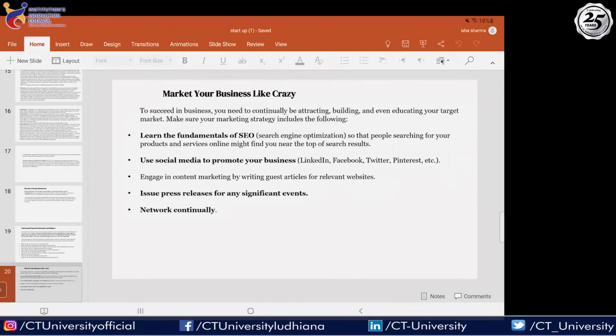So you must have seen lots of ads coming in for Urban Clap. That is kind of a methodology that they're following for social media business plans, where they are implementing people's experience space to promote their business. So you can use social media, LinkedIn, Facebook, Twitter, Pinterest, and many more, wherever you feel your target audience is. And that is also according to the industry. So if you are into a very, very niche industry, every social media might not be a good platform for you. So you have to pick and choose whether it is B2B, whether it is B2C. Accordingly, you need to strategize your marketing